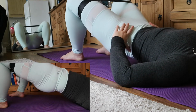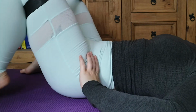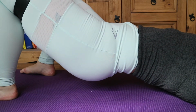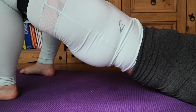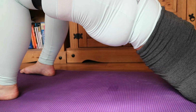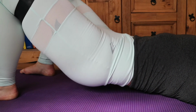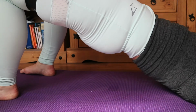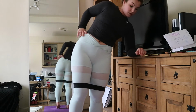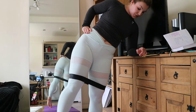Another little technique point is you want to make sure that your hips are tilting towards you. If you look on this clip, that's my hips going away and that's my hips coming towards me. So I've really extended the hip flexor, which is the opposite muscle to the glutes, which means that I am activating the glutes and getting a better range of motion. So 3 rounds, and then you are going to move on to the next 3 exercises, which are more for